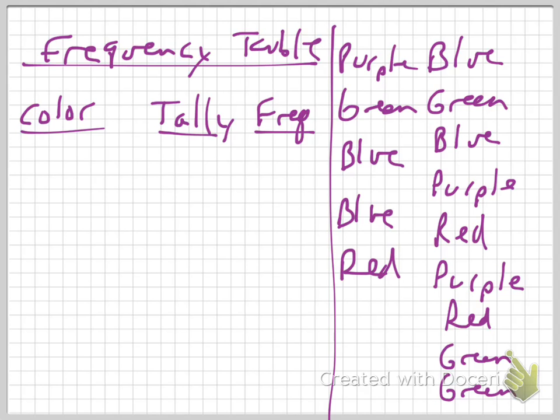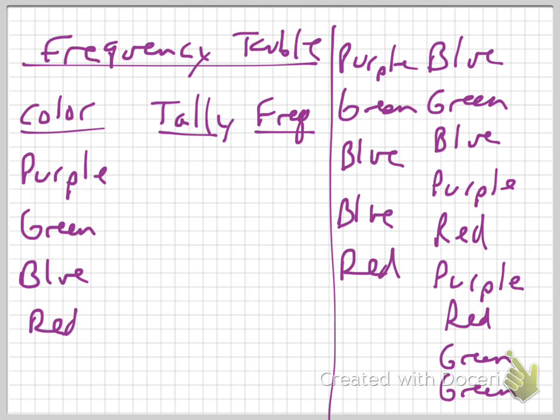So here we go. The colors. What are the colors that were possible? There was purple. There was green. There was blue. And there was red. Yes, those are the only ones that were here. Now,